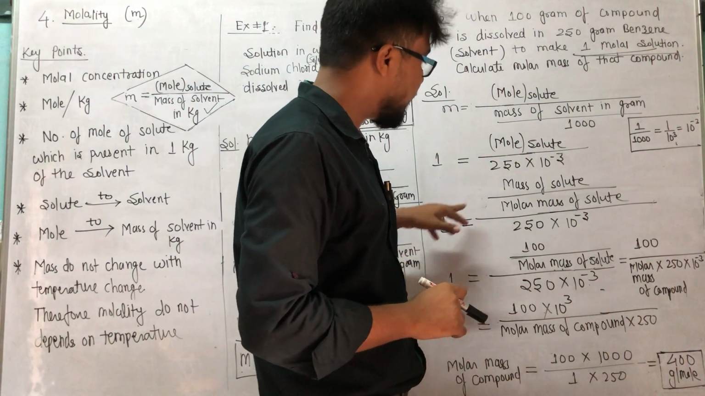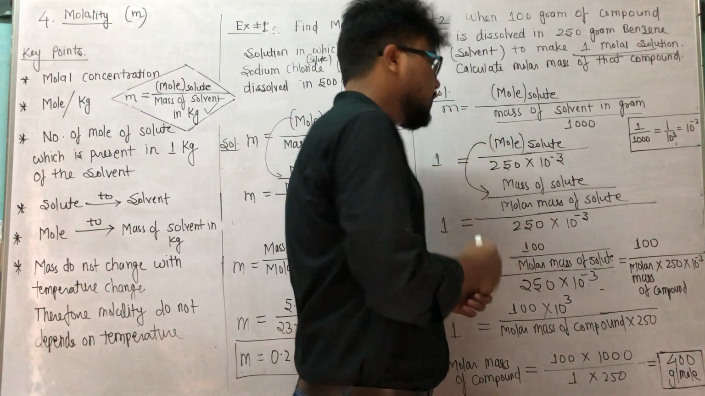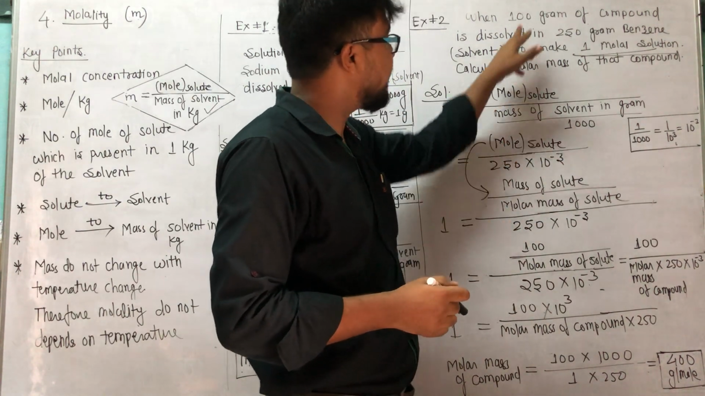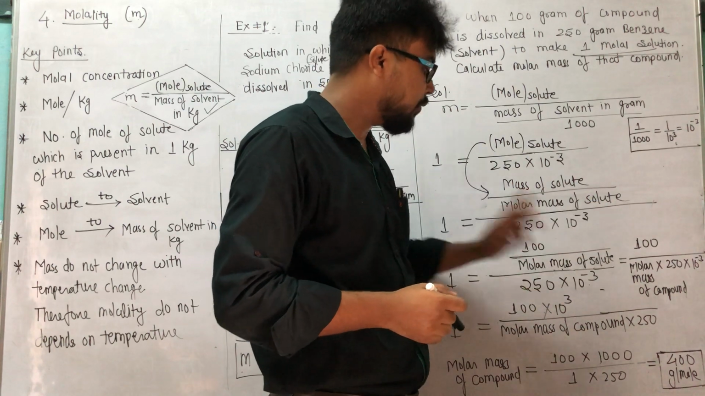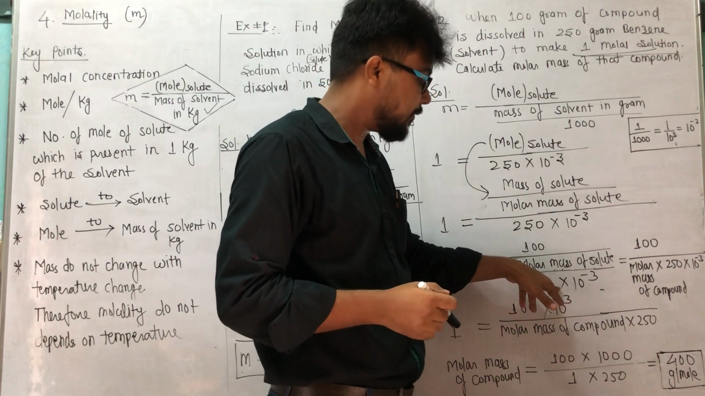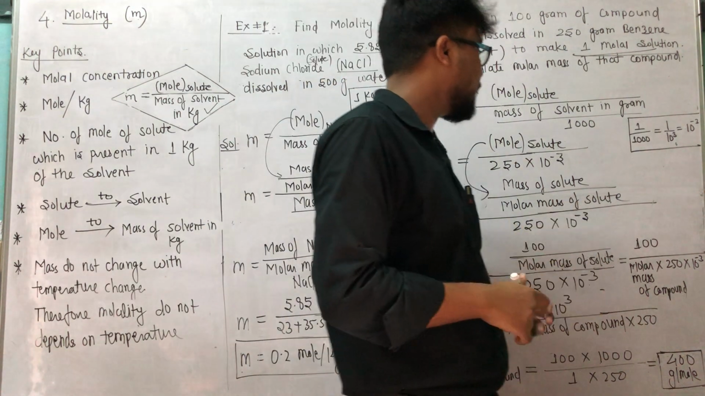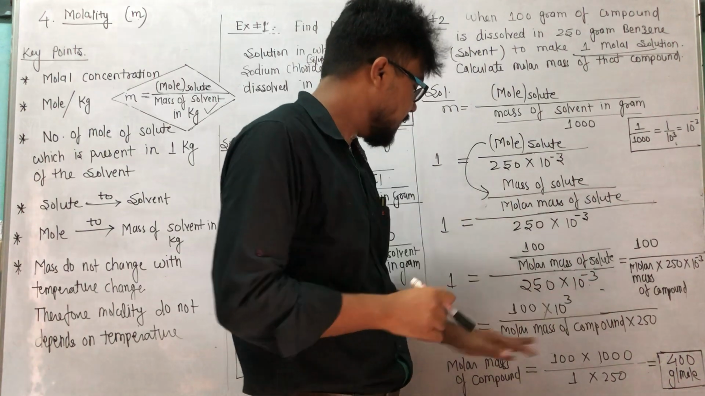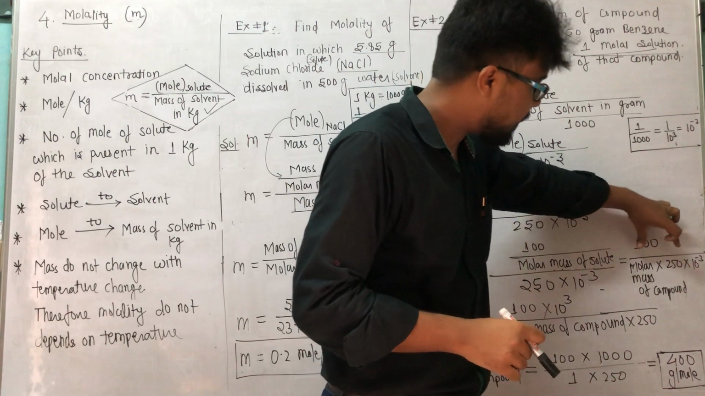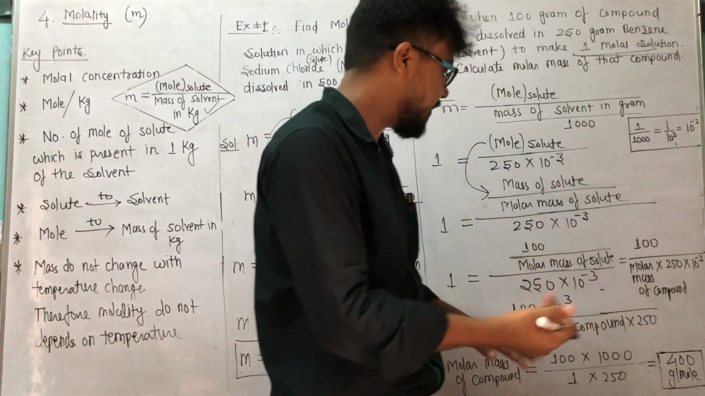Correct now? So 1 equal to mass of solute divided by molar mass of solute, because further I have to use the mole concept. Now what is the mass of solute? It is 100 gram. What is molar mass of solute? I have to calculate. What is the mass of solvent in gram? It is 250 times 10 to the power minus 3, because I have to do here kilogram. Correct? Next, 1 equal to here 100 divided by molar mass of compound into 250 times 10 to the power minus 3. How is it? See,